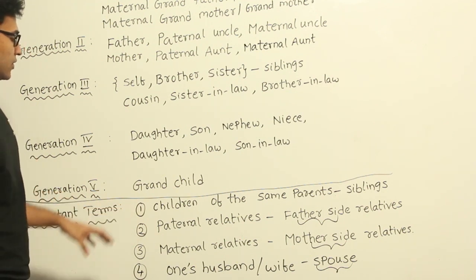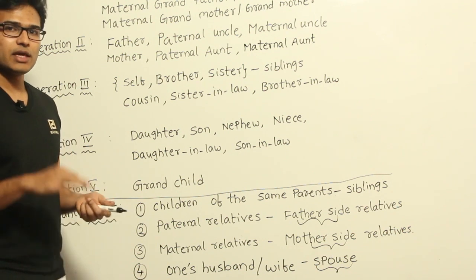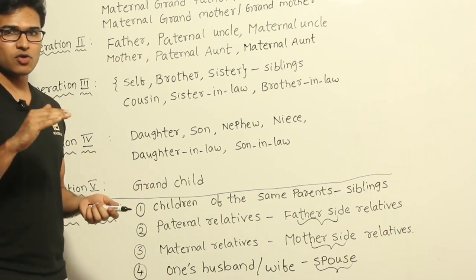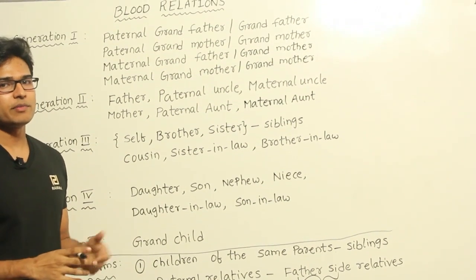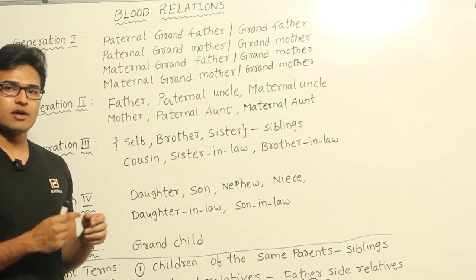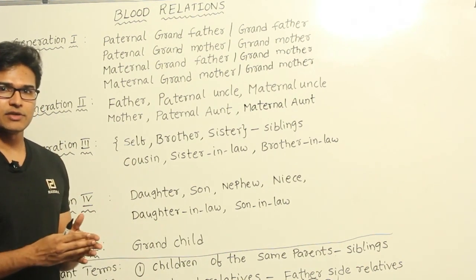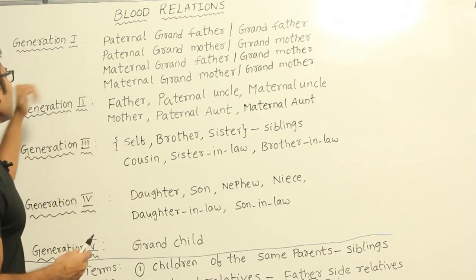Now let us say we are given a question. While solving the question, depending on the age of the person we are talking about, we are going to classify them into various levels. Sometimes they are also called generations. While solving the questions, I'll show you clearly, we are going to use some pictorial representation, and then we are going to use various levels. So that is what we are going to talk about here.